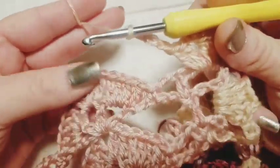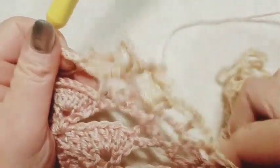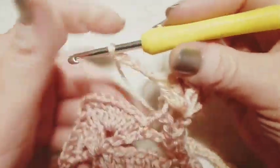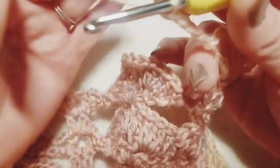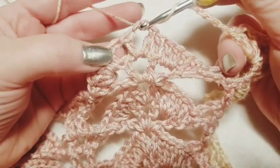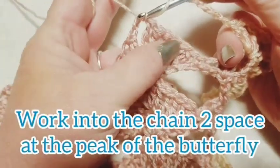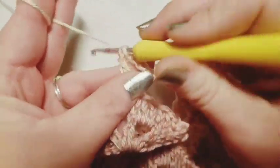Now we're at the butterfly section. So what we're going to be doing here at the butterfly section is, each one of those you're going to end up working out with a double crochet, chain 4, double crochet right there into the peak of the butterfly. So we're skipping over all of this and coming right here to the peak. And we're going to do a double crochet,